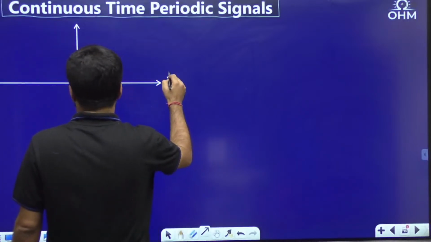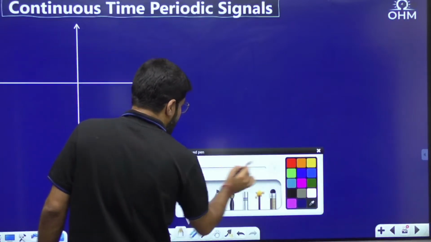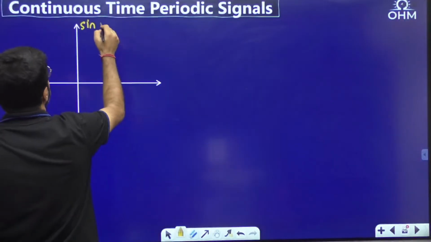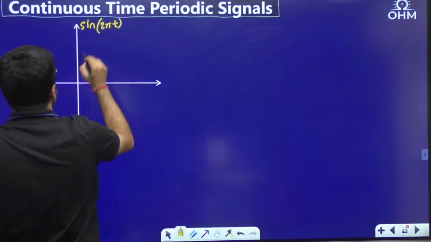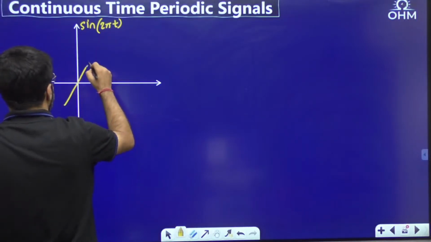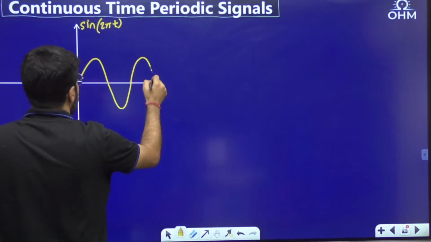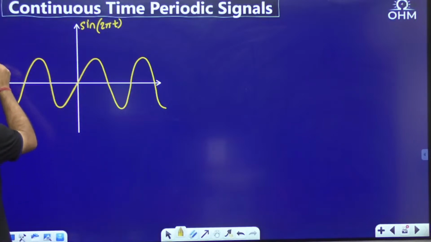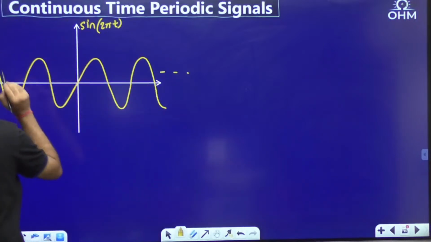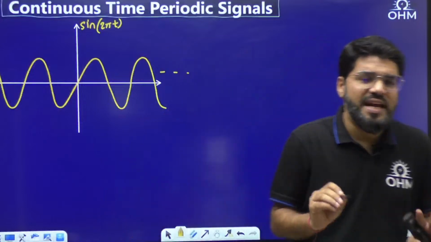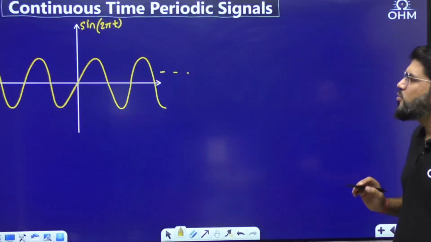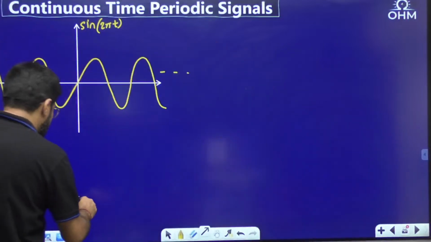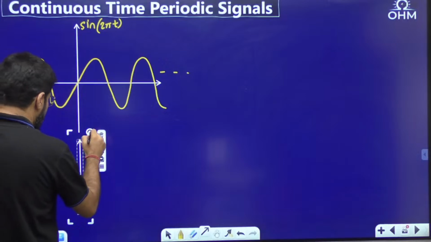Before I draw that graph, let me first draw the sine. If it was only sine 2 pi t, this is how the waveform is. This one is definitely periodic. This is sine 2 pi t u(t). Then here I want to draw something else. What I want to draw here in the given question is